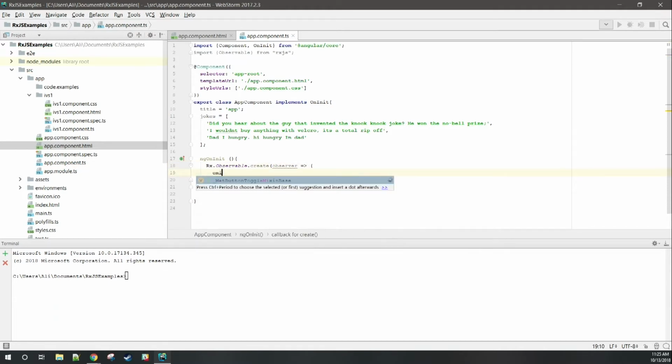And then we're going to emit, maybe not. I did this wrong. This should just be observable, right? There we go. So let's just emit